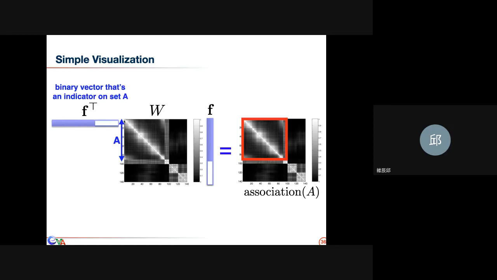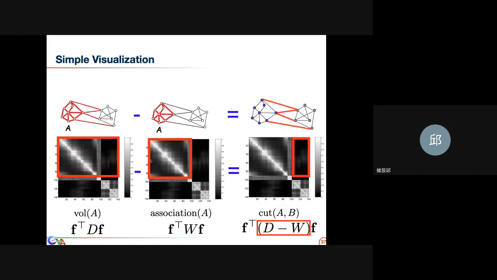F transpose times the similarity matrix times F, then you are able to obtain the association of A, the summation of all the elements in this region, right? Okay. And now if we try to put it back again in this kind of illustration,